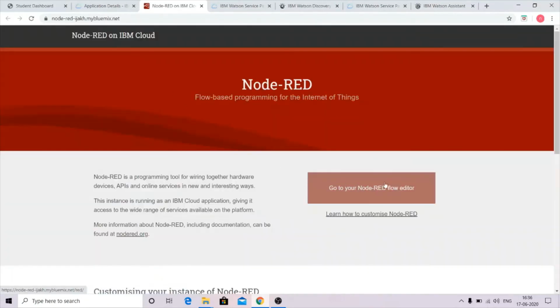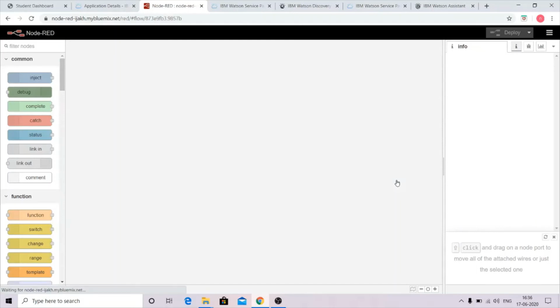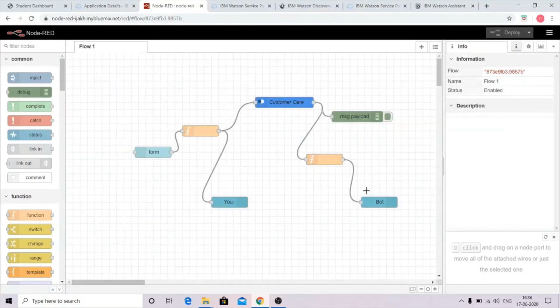And we will go to our Node-RED flow editor. This will be the flow of our Node-RED. We'll give input here and we'll get output, and we may find all these necessary nodes in the filter node section.